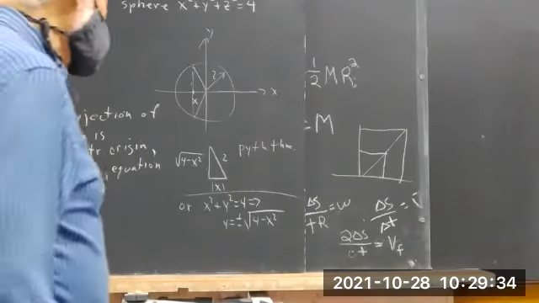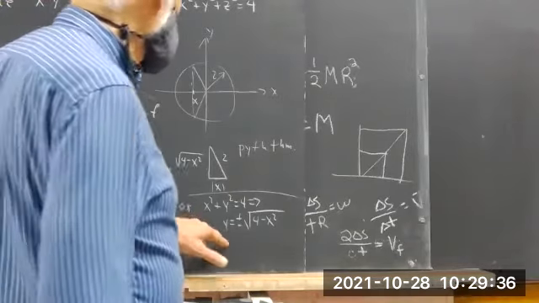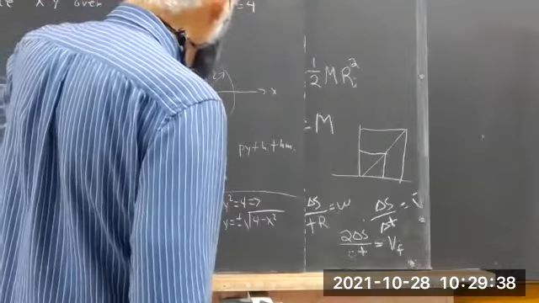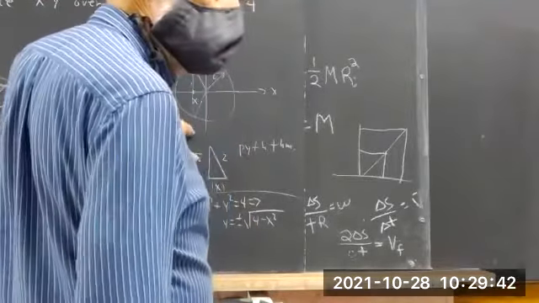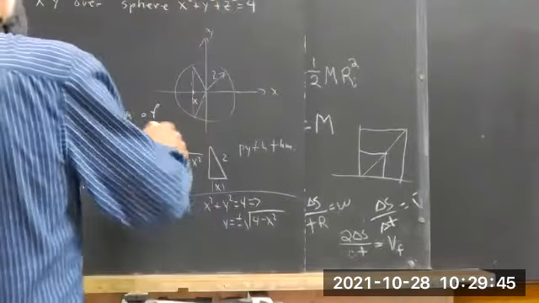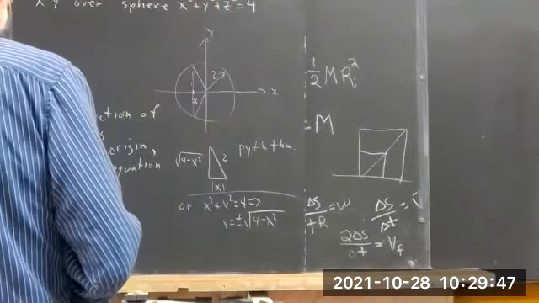Okay. But if we have the equation, we can always solve for y to see that y goes up to square root of 4 minus x squared, down to negative square root of 4 minus x squared. So we can see that along this segment here,